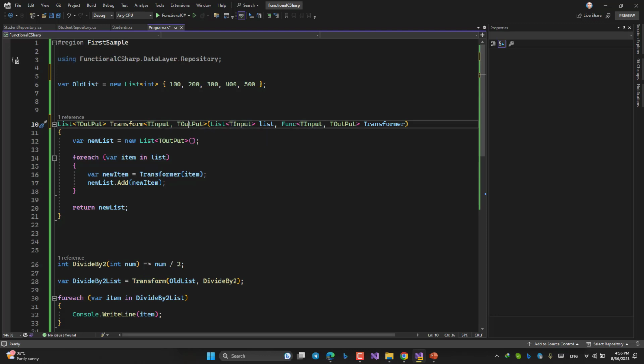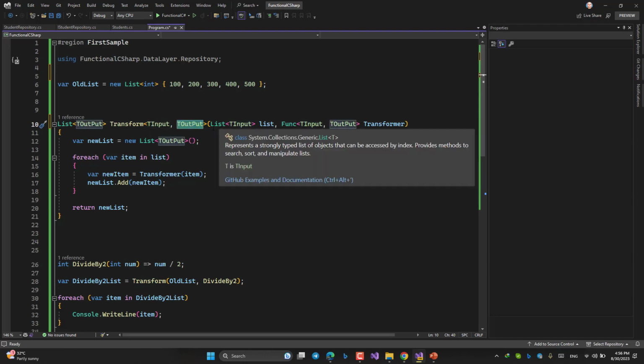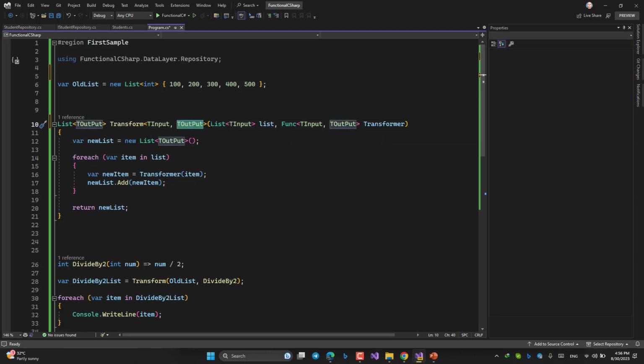T input, T output. So it accepts the list of inputs plus it accepts a function. So one of the input parameters is a function.